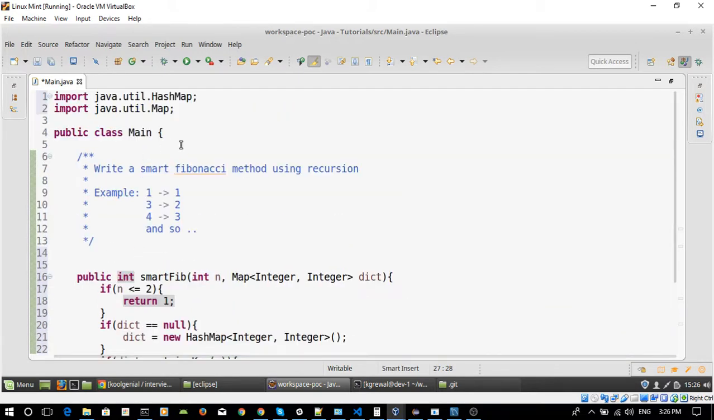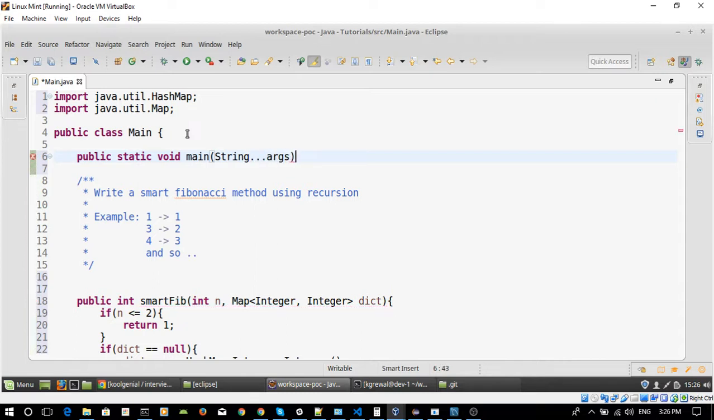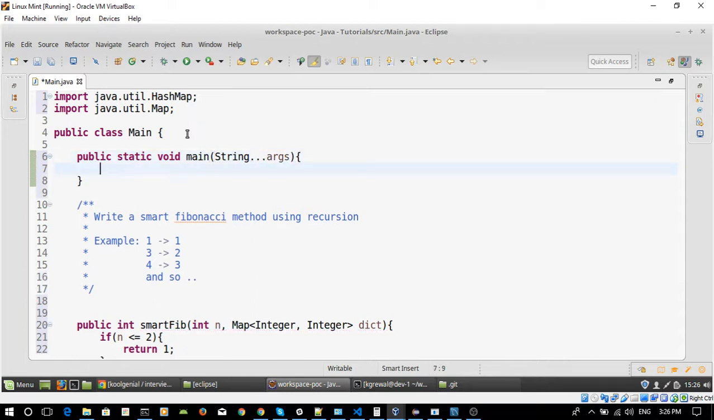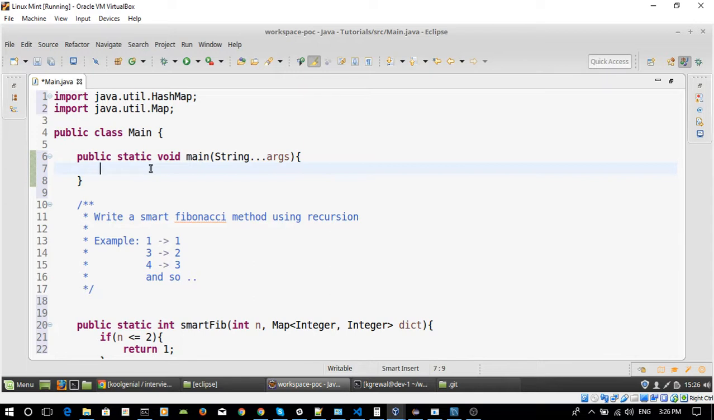I think that's all there is for this program. I'm going to test it just so everything is good. So public static void main, String args, and I'm going to put static over here so I can use it in this method. And in this case, I'm going to say smartFib. I'm going to pass in, let's start with simple, let's say 1,